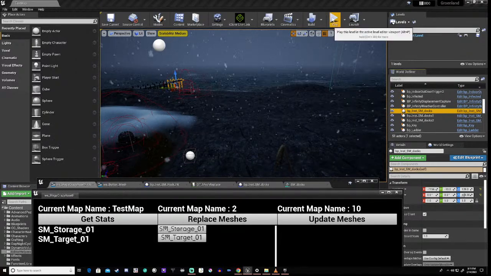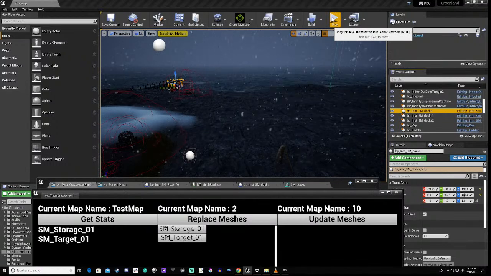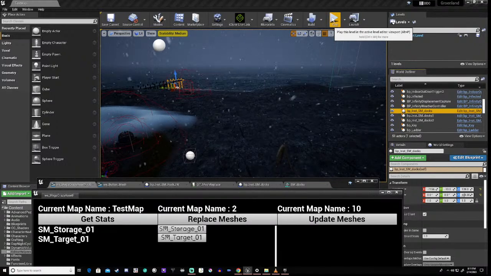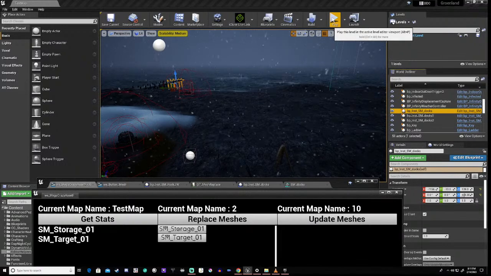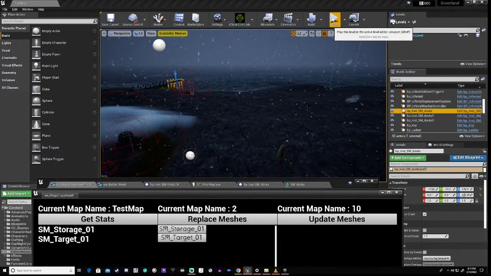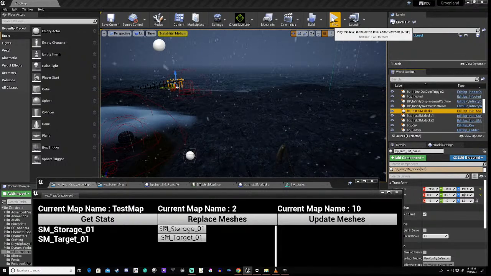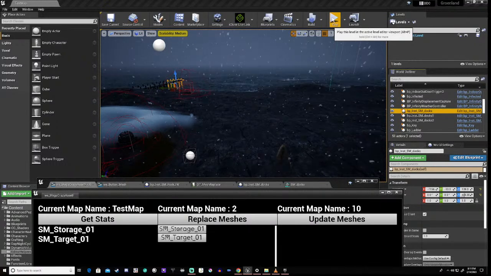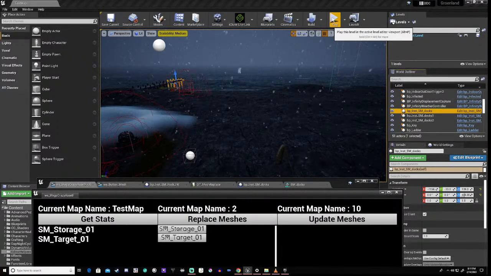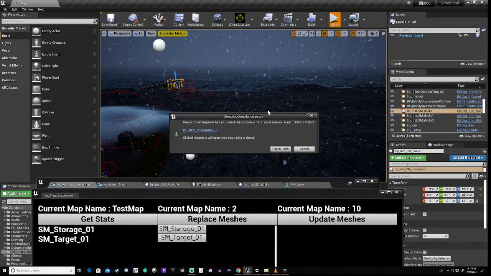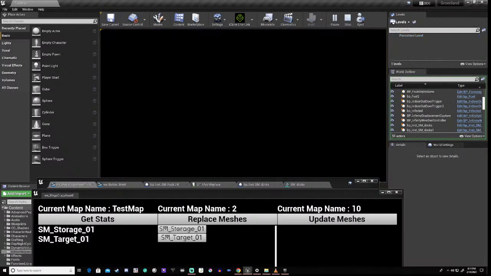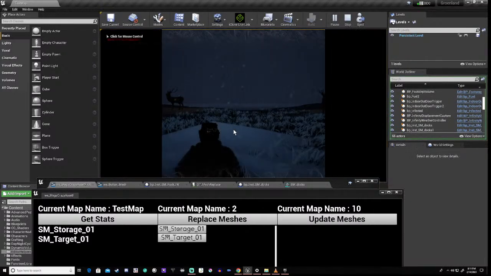I'm afraid to hit this button. Now, there's a caveat on me hitting this button, right? If this screws up, I'm going to have to go offline, because I'm going to have to do loads of things all over again, and it's going to annoy me. Oh, there you go. Right, it worked.